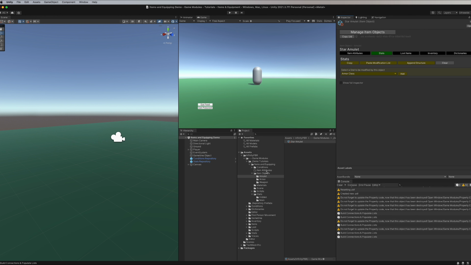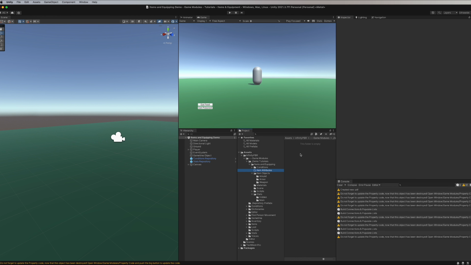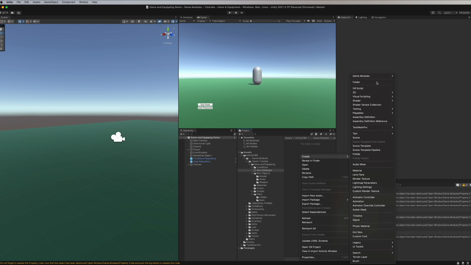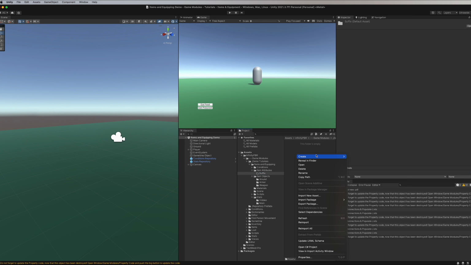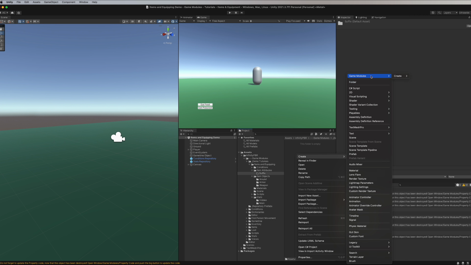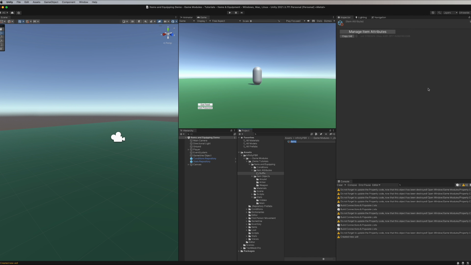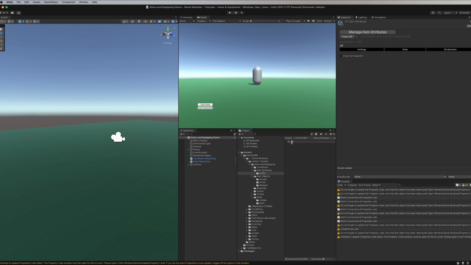Instead, we're going to create an item attribute. In our item attributes folder, we're going to create a new folder, and we're going to call this suffix. And these are for attributes that go at the end of the object name. So create game modules, create item attribute. And for this one, we're going to call this of diminished